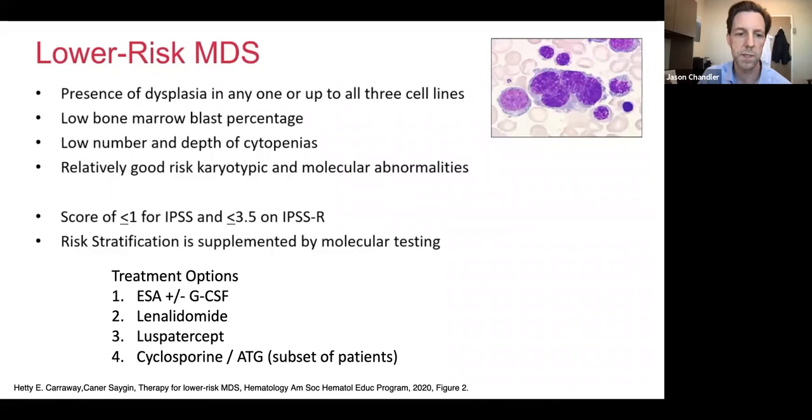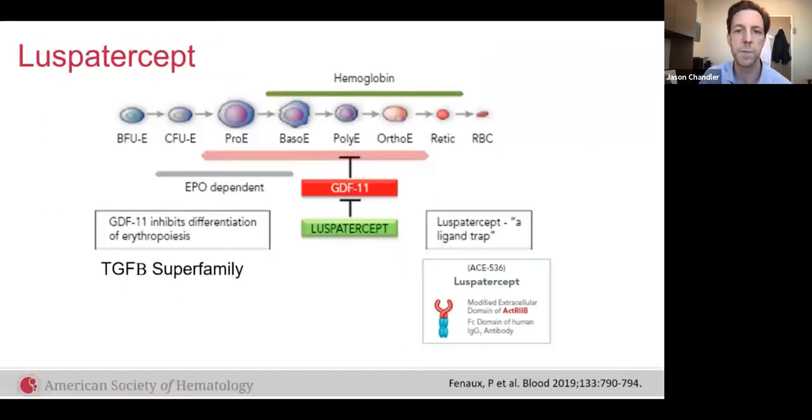And for these patients, the main thing is to try to control their symptoms. We have ESAs or GCSF just to boost their counts, lenalidomide for some patients. We'll talk about Luspatercept, and then in the rare patients, cyclosporin and ATG. So Luspatercept is already FDA approved. It was presented last year at ASH in most of the bigger session. So this year it was a little less, but I wanted to touch on it since it is a newer